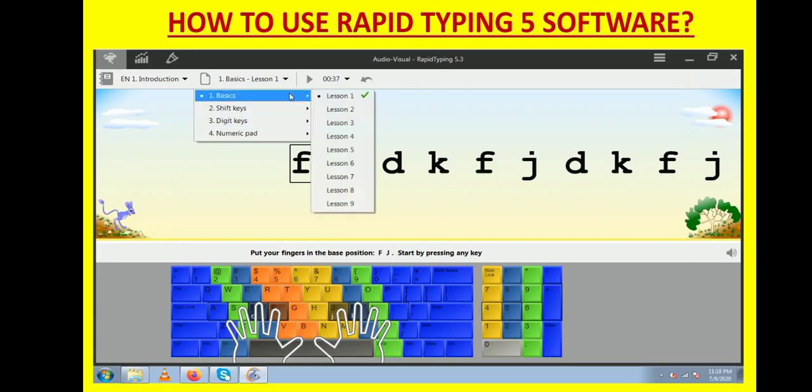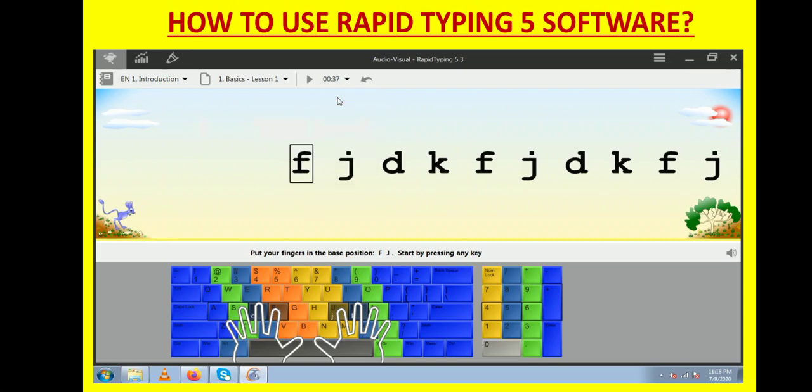So first of all, go to Basics Lesson 1 and click on it. The first lesson will start. Now see the instructions in the middle of the window. Put your fingers in the base position FJ. Start by pressing any key.